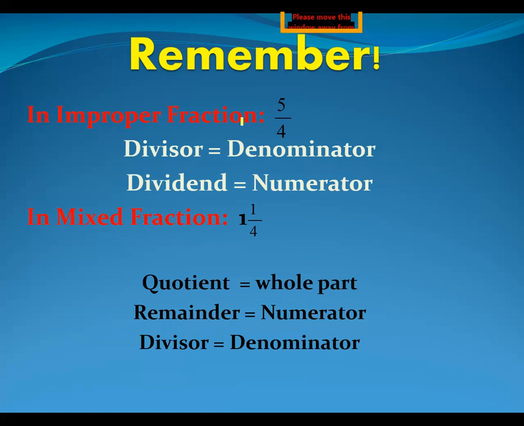If you want to convert improper fraction into mixed fraction, you have to divide the numerator by the denominator. For that, you have to remember these placements. Numerator will go inside the radical, that means the dividend, and the divisor will be the denominator, which will be written outside the radical. And if you want to write it in mixed fraction form, the quotient will always be your whole part. The remainder will become your numerator and the divisor will become your denominator. In both of the fractions, either improper fraction or mixed fraction, the denominators never change. The placement of the denominators remains the same.